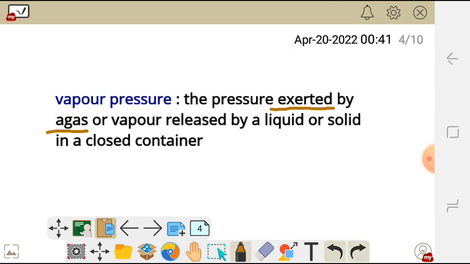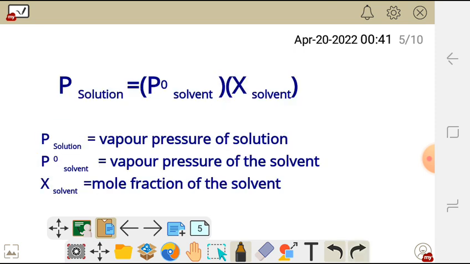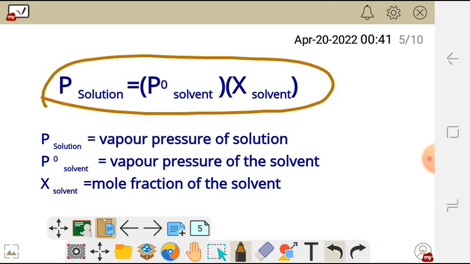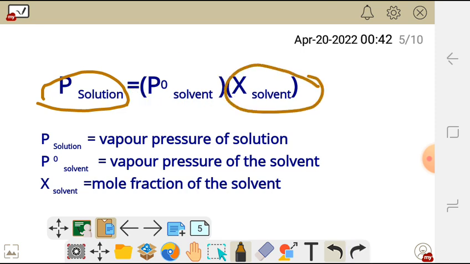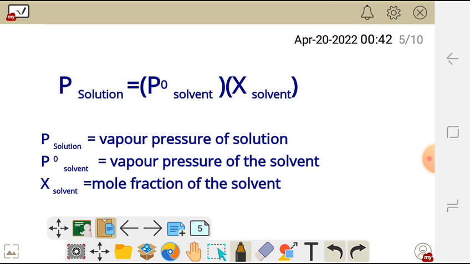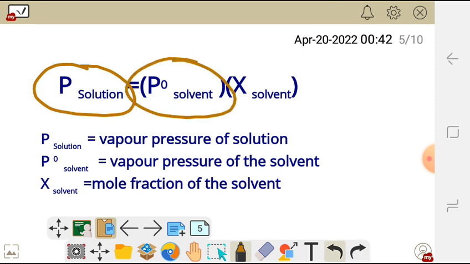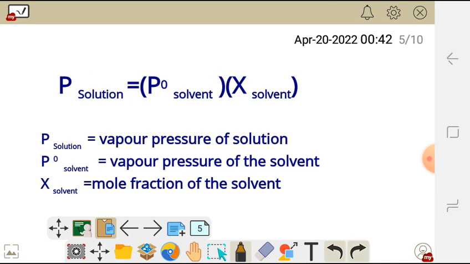And this vapor pressure can be calculated using this formula here. The formula says the vapor pressure of the solution is given by the vapor pressure of the solvent multiplied by the mole fraction of the solvent. P solution stands for the vapor pressure of the solution, and P solvent is simply the vapor pressure of the solvent in which that solute has been dissolved, and this here is simply the mole fraction